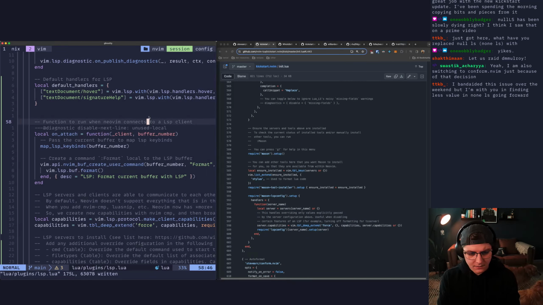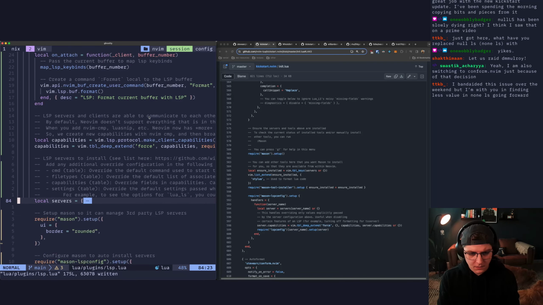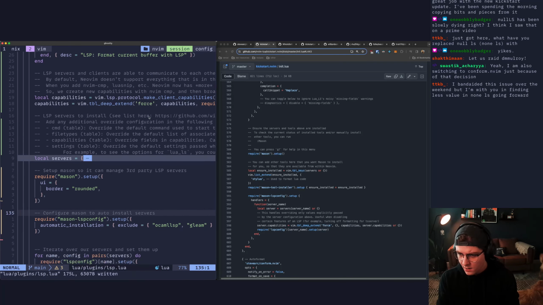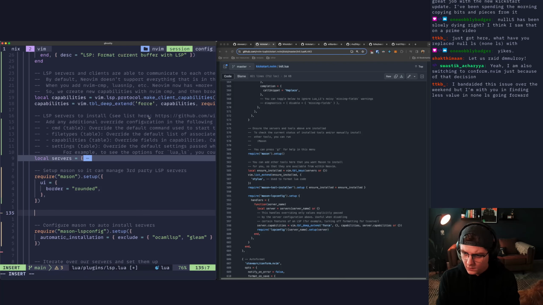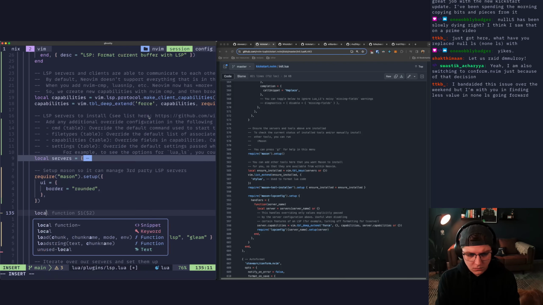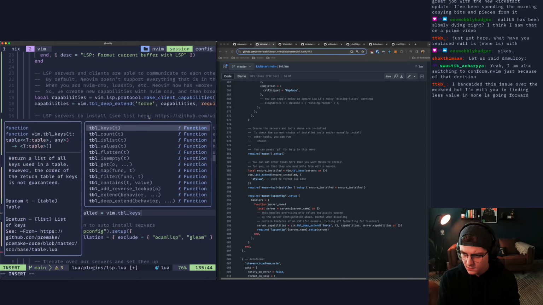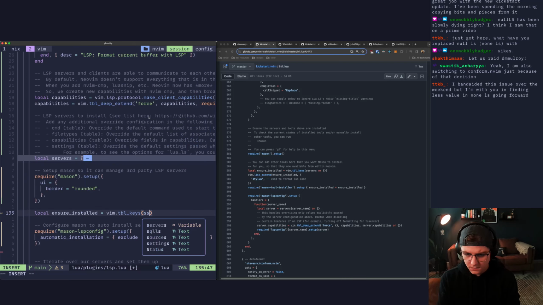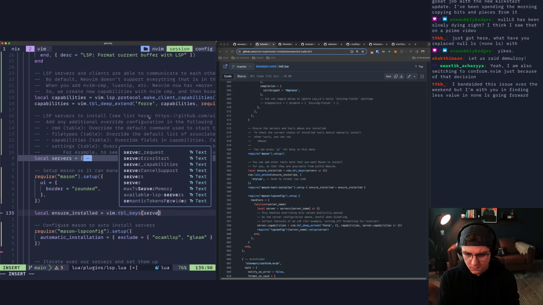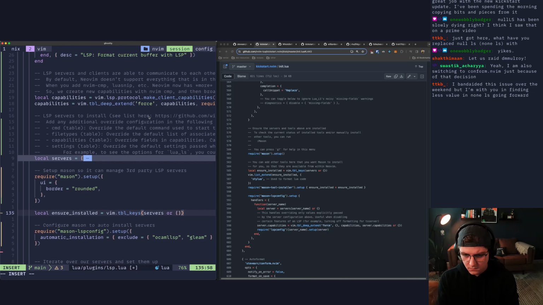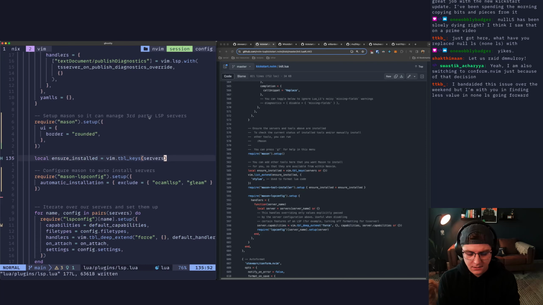So then we're going to come down beneath this. We can collapse our servers setup, and then we say local ensure installed equals vim.table keys servers. We don't even need to do that because we know servers has keys. Then